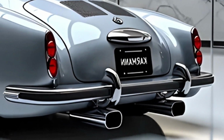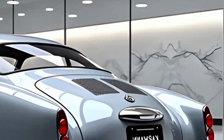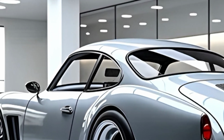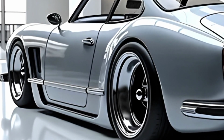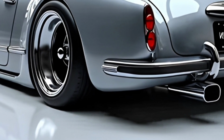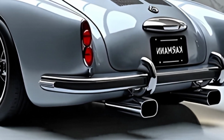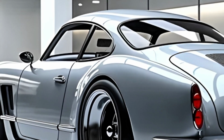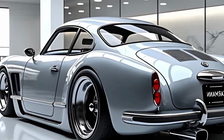The Karmann Ghia has always had a unique place in automotive history. First introduced in the mid-1950s, it wasn't meant to be the fastest car on the road, but it was stylish, elegant, and perfectly captured the spirit of accessible European design. Now, 7 decades later, Volkswagen has brought it back in a way that honors the original while making it unmistakably a car of the future. The 2026 version is sleek, futuristic, and dripping with retro character, showing us how a classic icon can evolve without